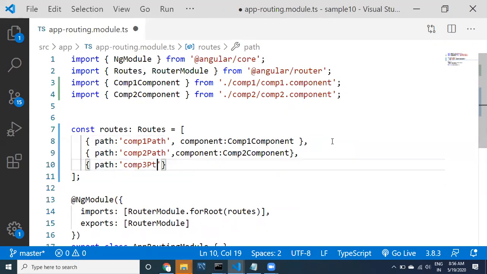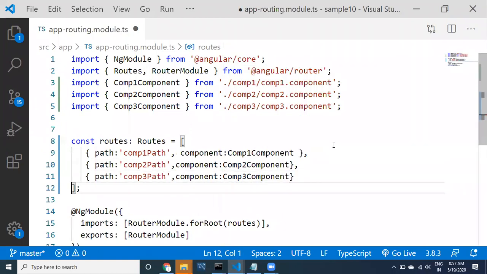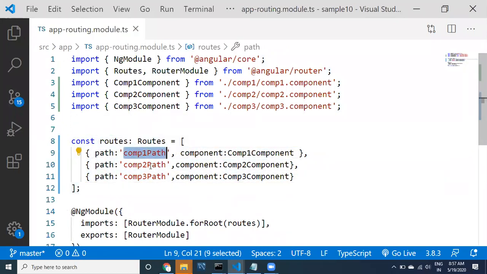Okay, comp3 path, here comp3 component. This is comp1 path, comp2 path, comp3 path.